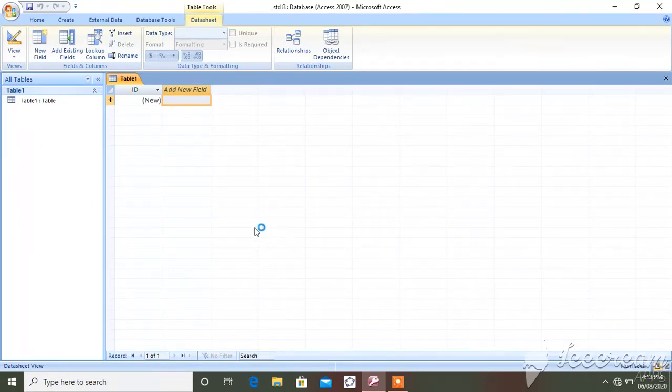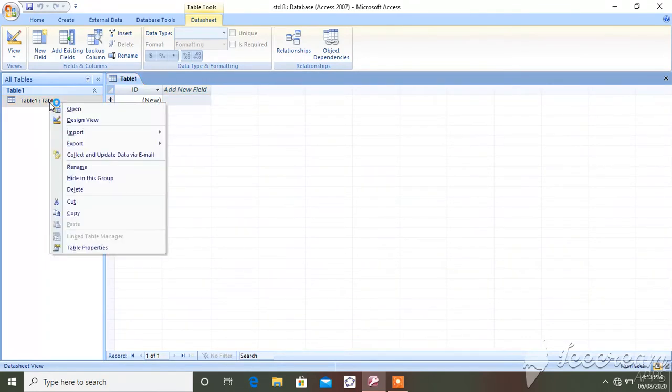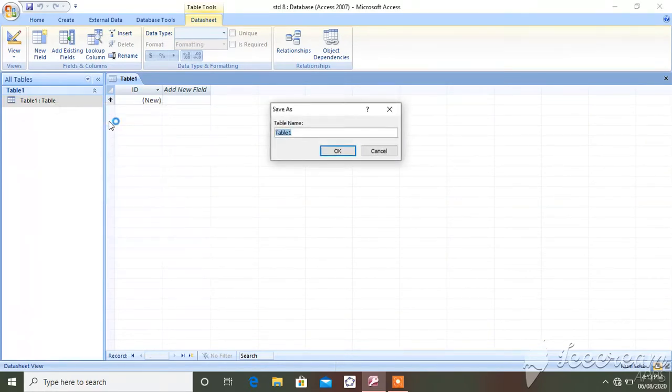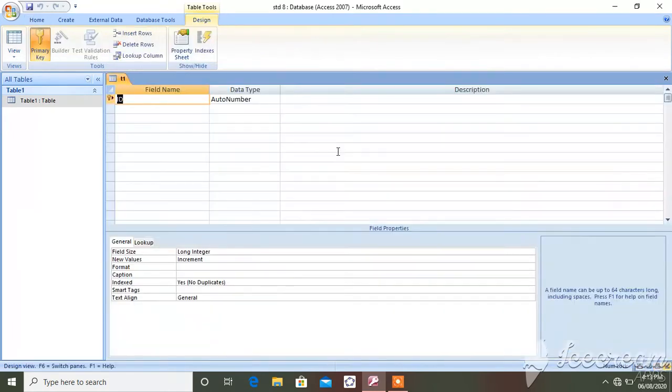When you click on create, on the left hand side you can see the pane like this, Table 1, where you can design the table. To design the table in design view, right click on the table, click on design view. It will ask to save this table. Just give the table name. I will give T1 as the table name. From here we can design the table.